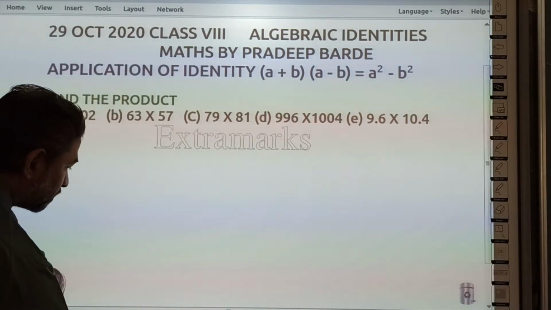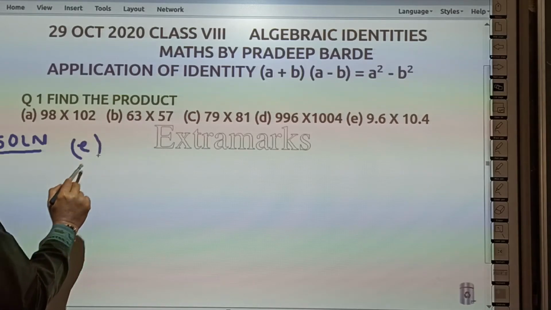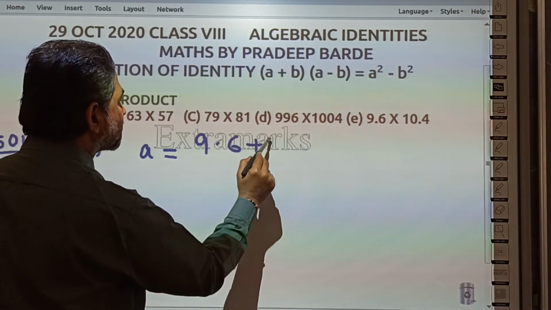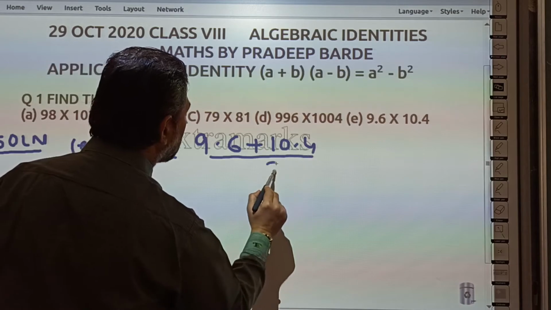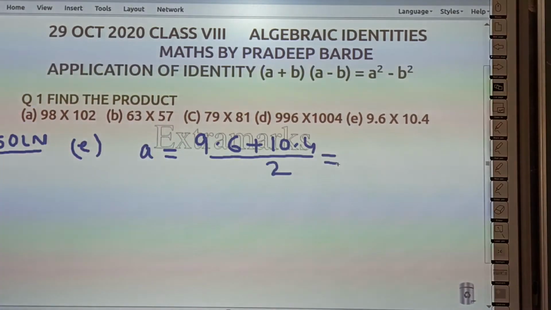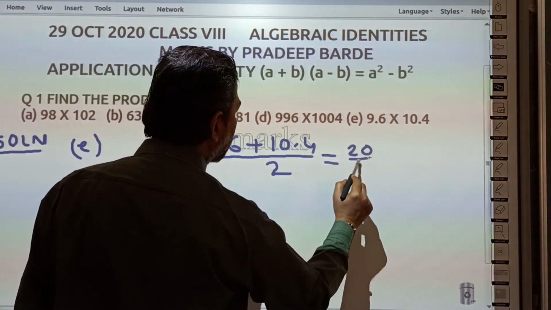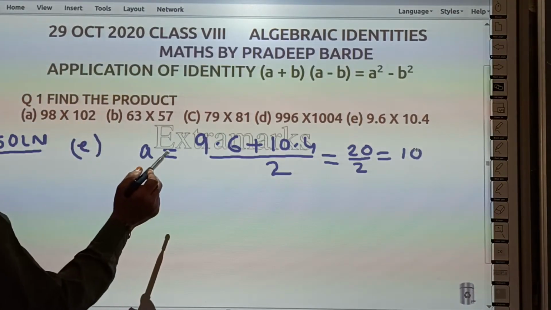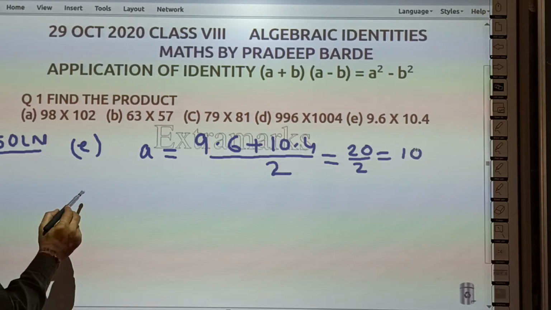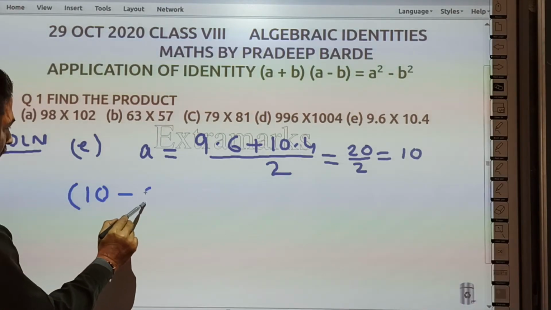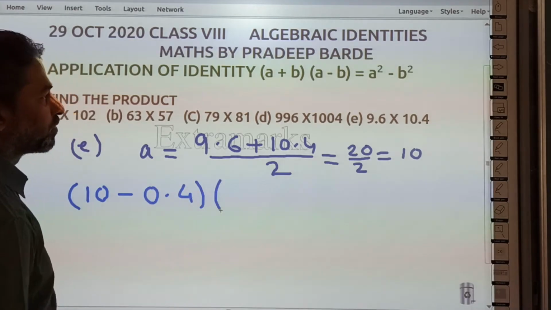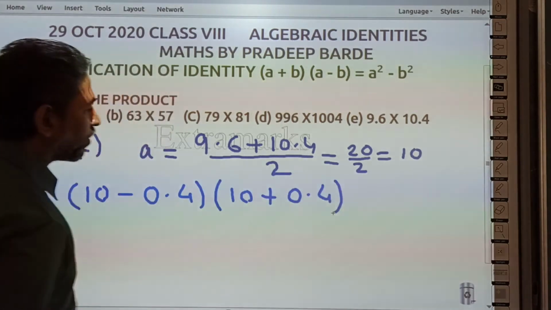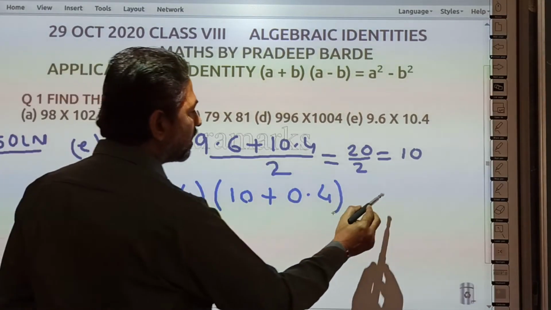e part, a will simply be equal to 9.6 plus 10.4 upon 2, that is 20 upon 2, means it is 10। a की वैल्यू आ गई 10। अब फर्स्ट नंबर जो है आपका 9.6, इसको हम लिख सकते हैं 10 माइनस 0.4, और सेकेंड नंबर हमारा होगा 10 प्लस 0.4।